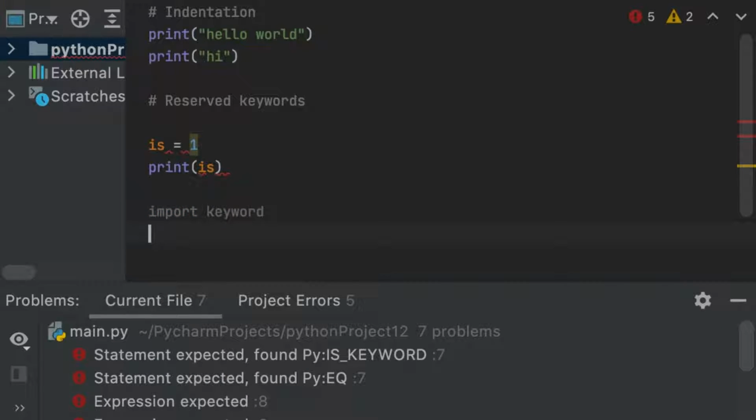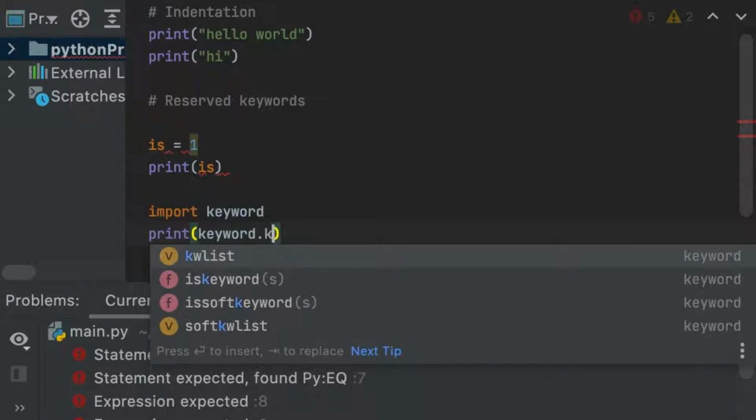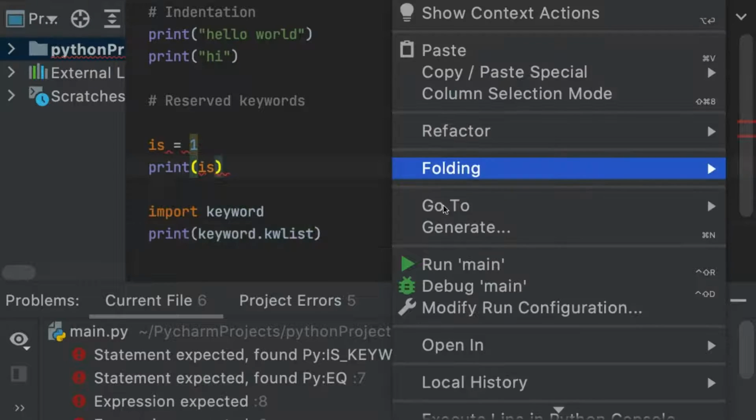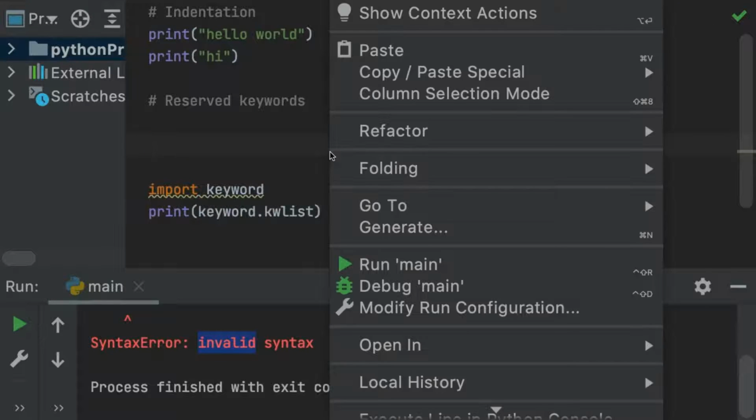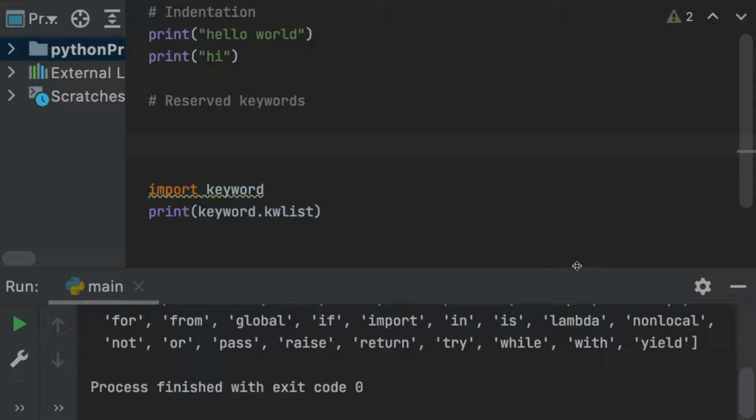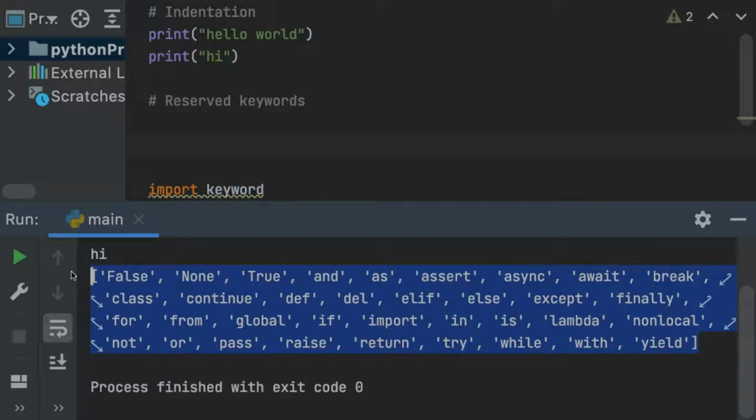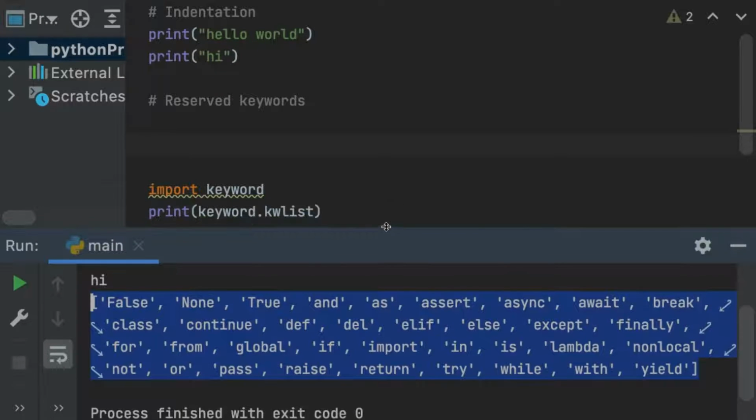I will show you where you can find the list of all the reserved keywords. For that you need to import keyword. So this is a module, we can discuss that later. At the moment you just do that, print keyword dot kwlist. If you type it in here and run it, there is just invalid syntax. Okay, remove this for the moment and then run it. You'll see all of these are reserved keywords. We should not use them as a variable or anywhere other than